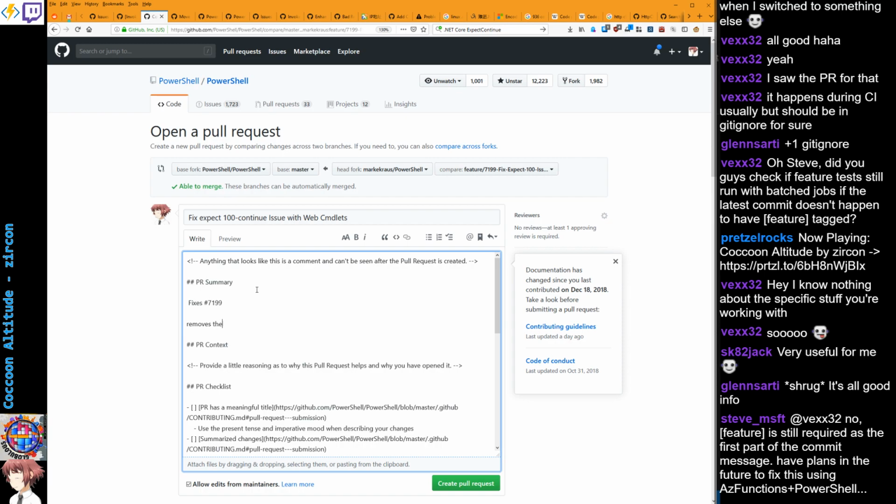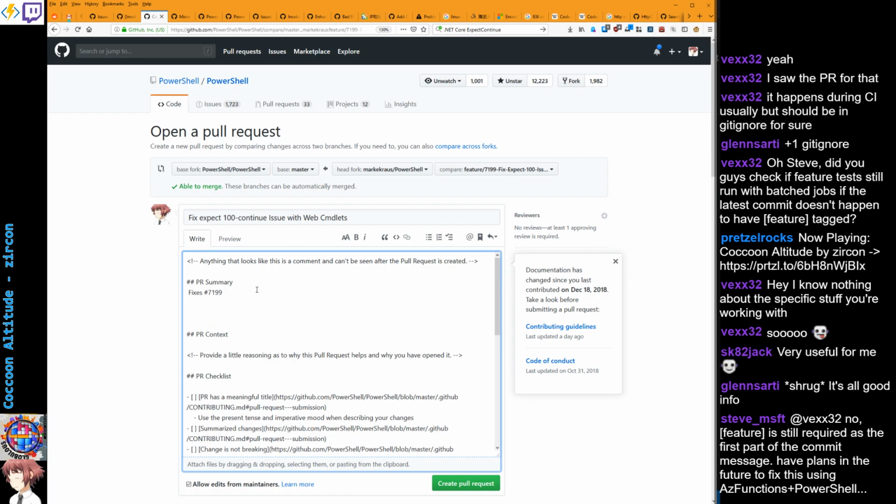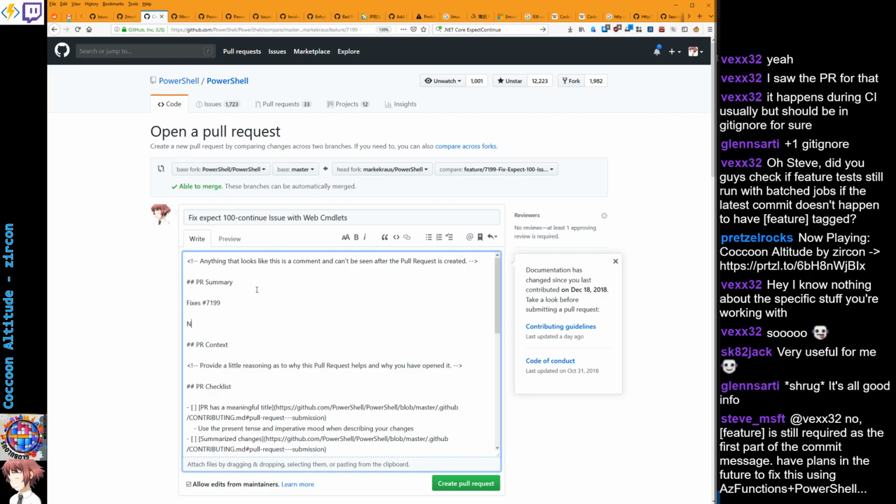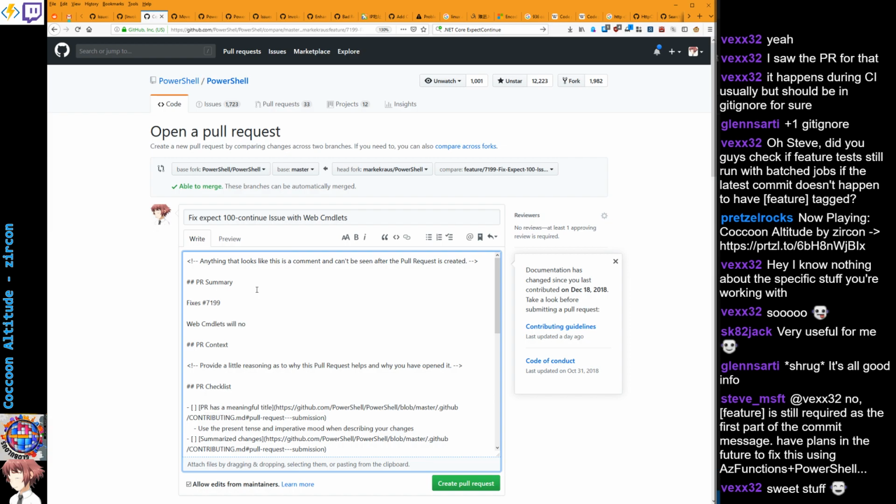Removes the no longer necessary removal. That sounds really weird. WebCmdlets will no longer forcibly remove. Forcibly is missing probably a couple of characters. Remove